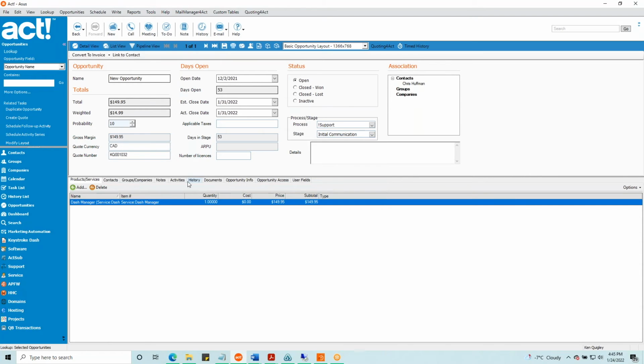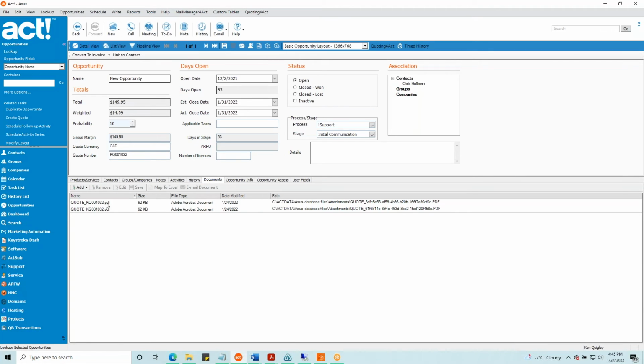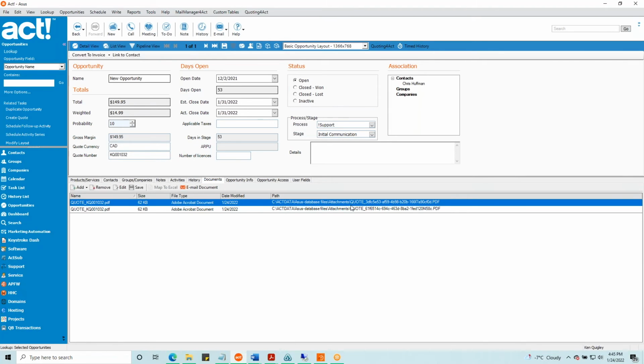If I want to check the documents, I click here. This is now saved. I did this demo earlier, so there's a couple of instances of this. And the reason that you want to be able to save multiple copies of a quote is that quotes evolve. You may have customers that say, oh, can you add this to the quote? Can you add that to the quote? And then over the course